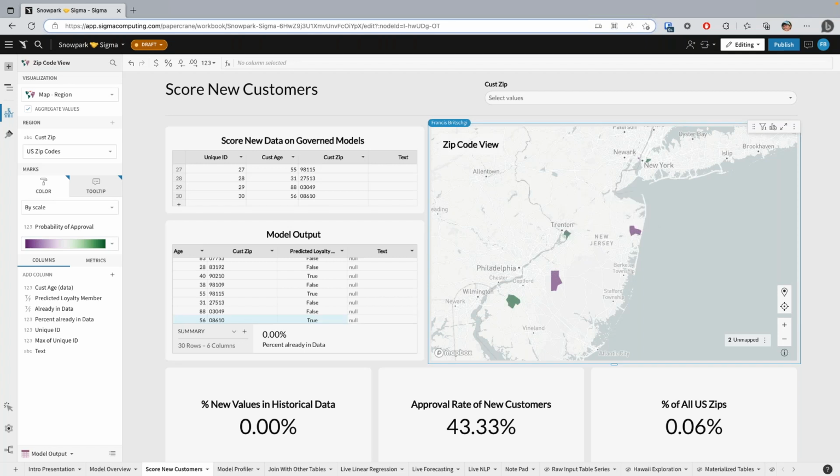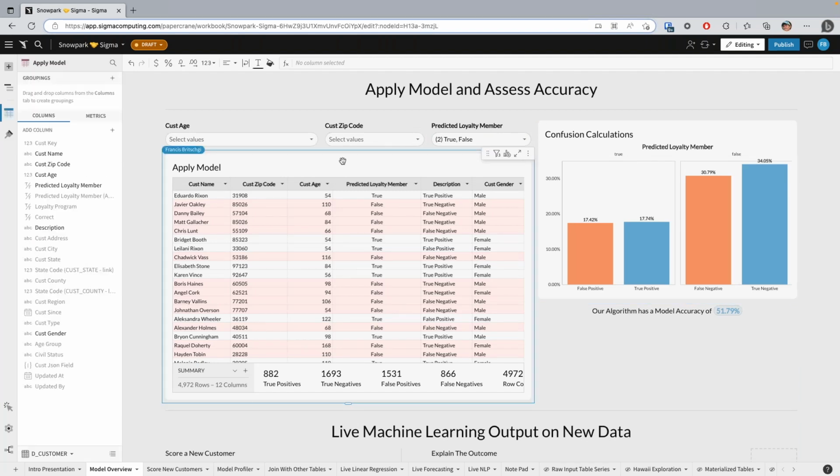I'll take a pause here and just check the chat and see if we're getting any responses or any questions about this. But hopefully this is explaining the end result of what can happen when we're applying a model that's been built in the data science team and then deployed for the BI team. Go back to this model overview here.